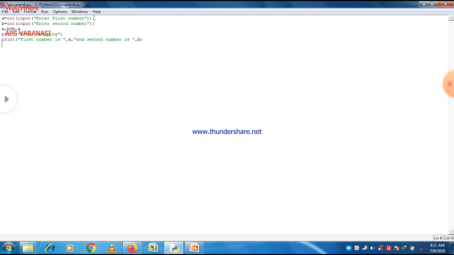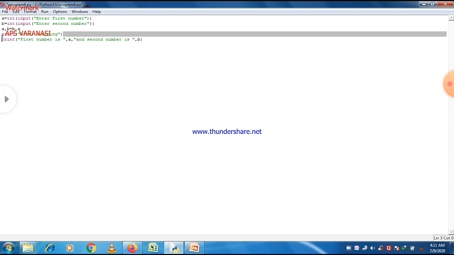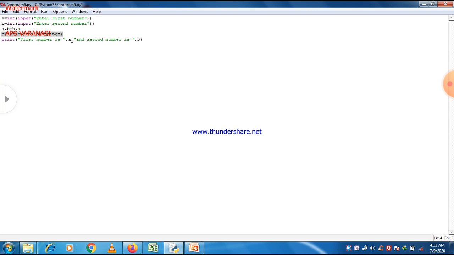Remove it because it is unnecessary now. So first of all, the first value will be printed, then the second will be printed before swapping, then swapping happens, and then there is a print statement which shows you the message of swapping, and then prints the first value and second value, which is just the opposite of the previous one.